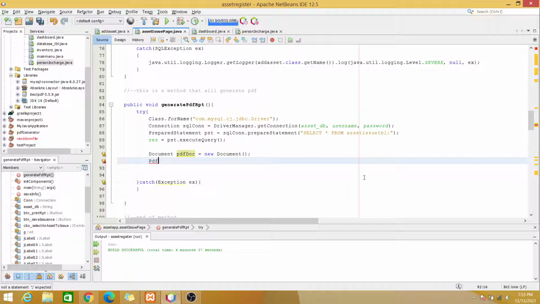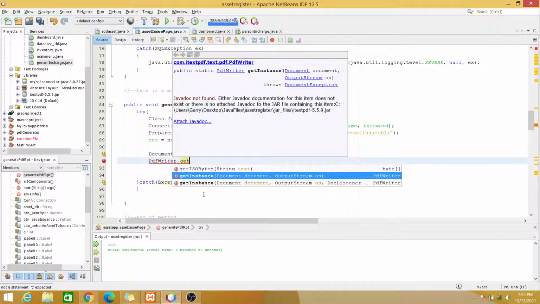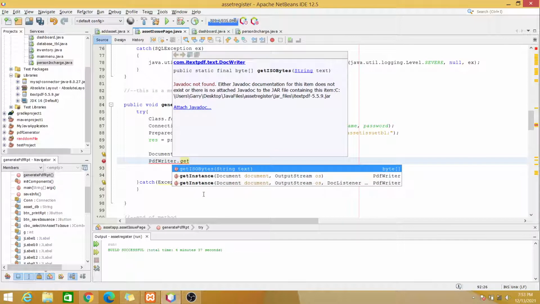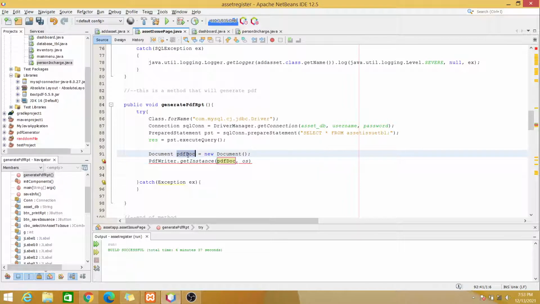By the way, this class belongs to our itextpdf. So pdf writer, I'm looking for the get instance. This one, get instance, and we will pass our document variable here, and then this will be